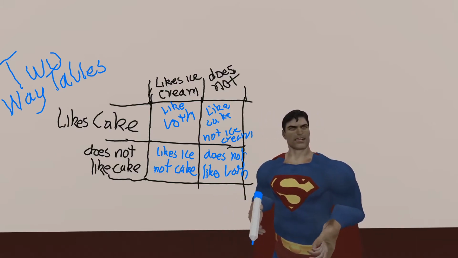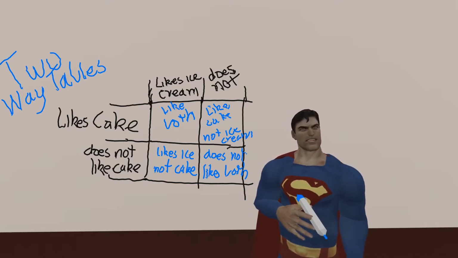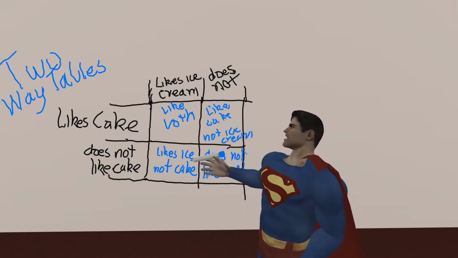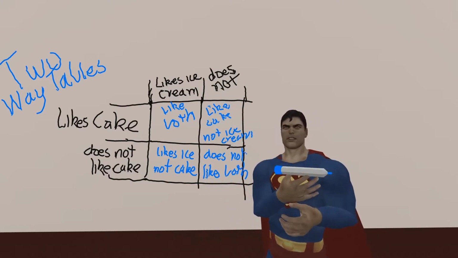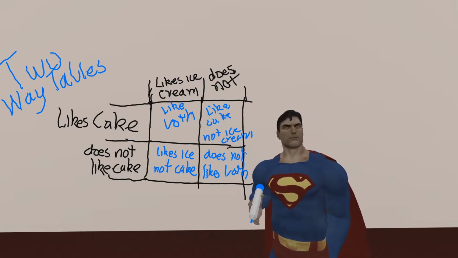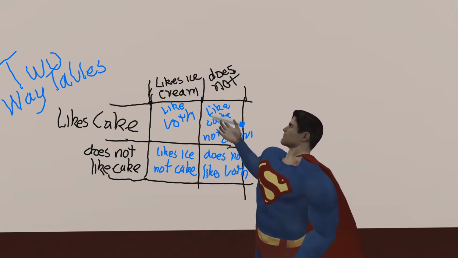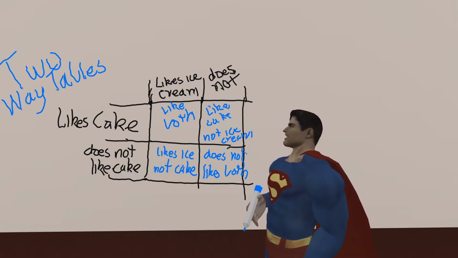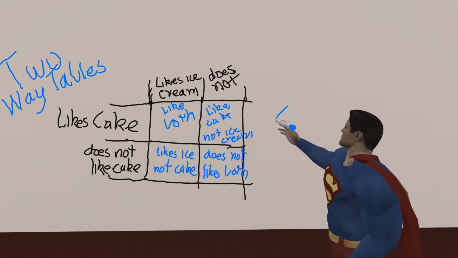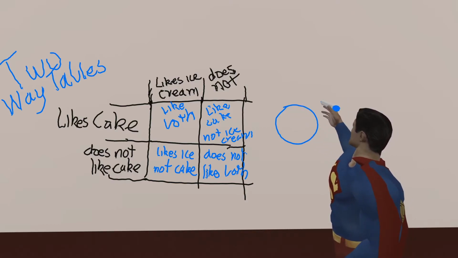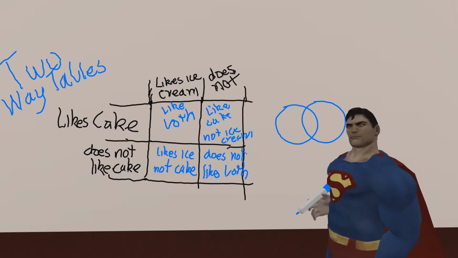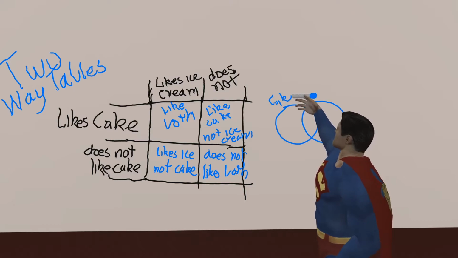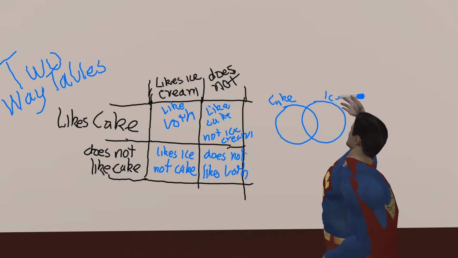So when you're reading a two-way table, we need to read both the horizontal and the vertical, and what we call cross-reference, to find out which square we need. Now, this actually relates to a Venn diagram. So if I was to draw a Venn diagram, and I was to say that this is cake and this is ice cream,